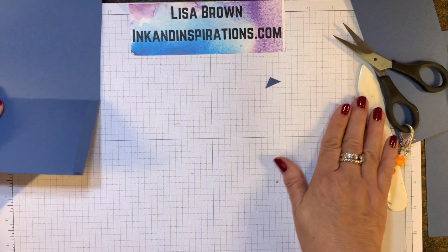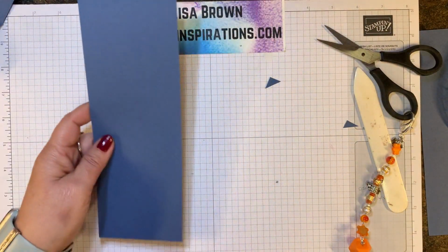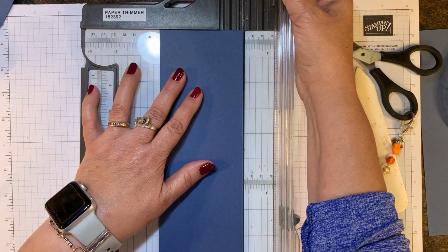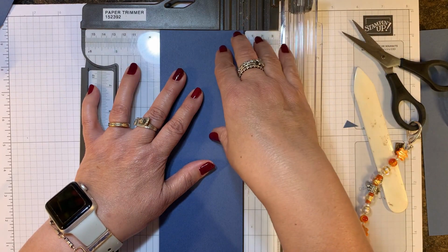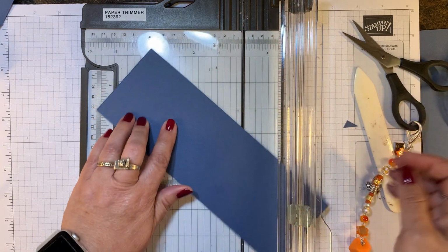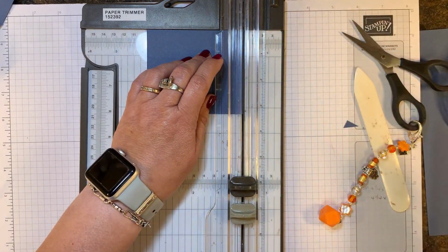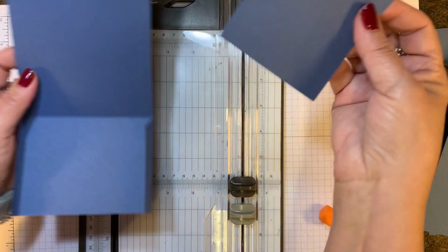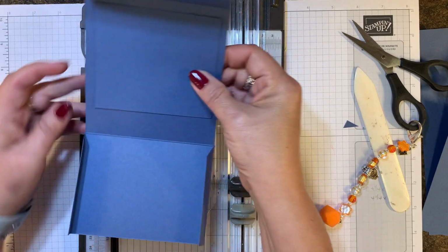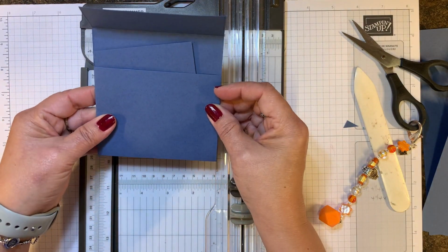So first though, let's go ahead and cut our other piece. We need a piece 3 1/4 by 3 3/4. So, you know, we cut this off of that 8 1/2 by 11 piece of cardstock, and what's left here is a 3 1/4 inch wide piece. So that's correct. And now we need 3 3/4. So I'm just going to cut that off. And then you'll see it's going to go in here just like that. And you can put it the wide way, but I wouldn't. I would go ahead and put the long way down so that you have room to put your adhesive there,